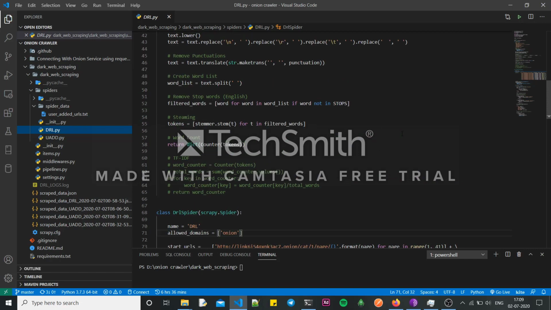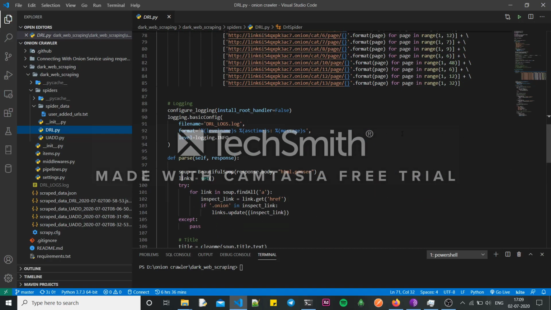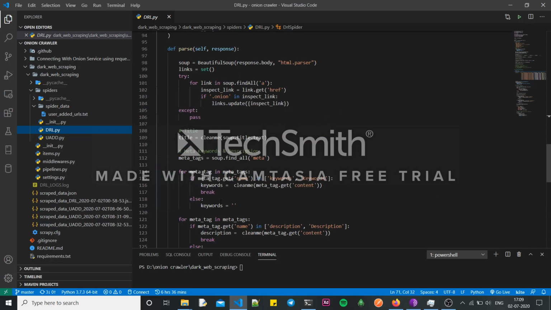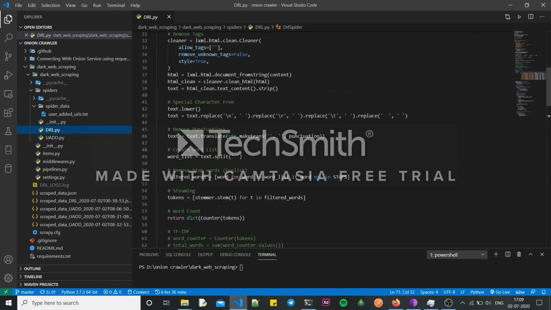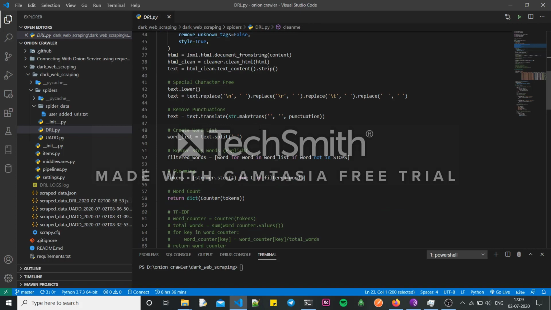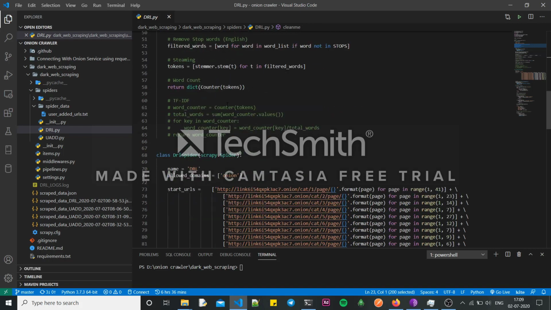As I told you, I am scraping for a search engine, so it's search engine oriented scraping. So I'm scraping basically the URL, title, keyword, description, meta links, word frequency, and everything is getting passed to one function that I've created, which is cleanme, which performs these tasks. Because a search engine is basically like you're searching a query, it's broken into keywords and then it will be searched. So these functions are performed by the cleanme function that I'm not going to discuss.